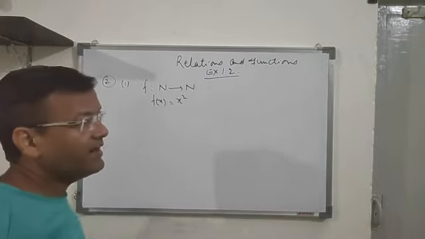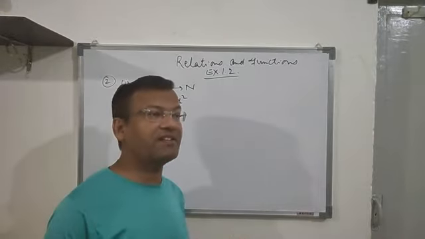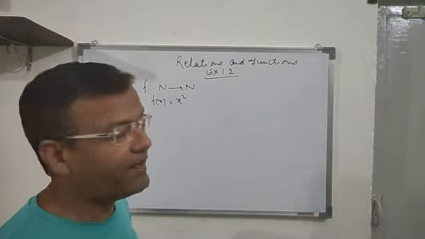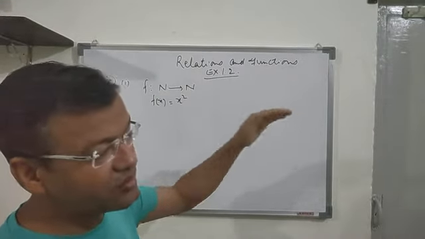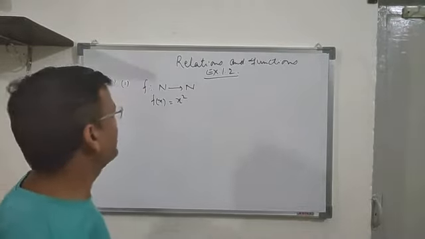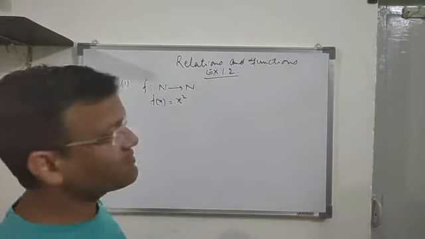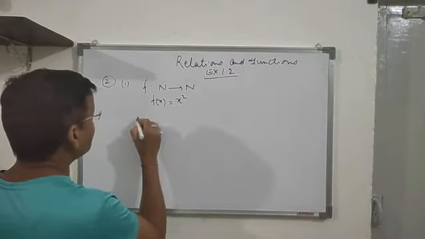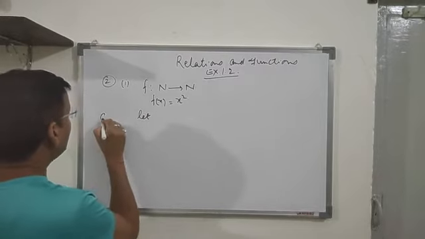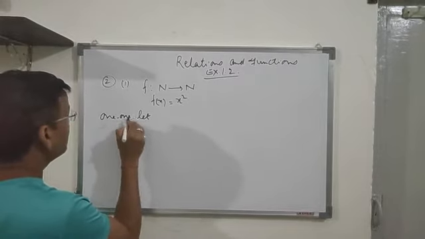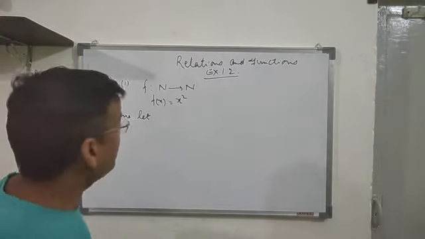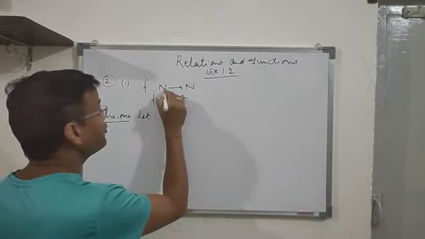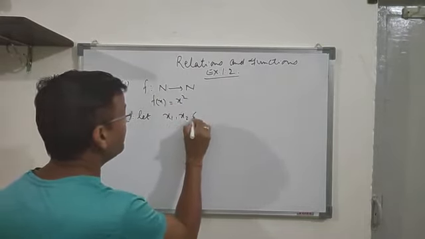As I have told you earlier also, if the function is not 1-1, it is sufficient to give an example and show that due to this example the function is not 1-1. But if it is 1-1, then you have to generalize the thing. I'm finding whether the function is 1-1 or not. So what is the procedure? We have to take any two arbitrary elements from the domain. So let x1, x2 belong to N.